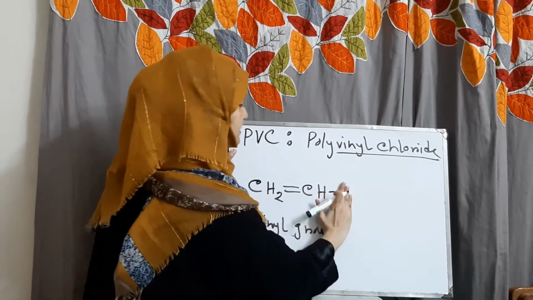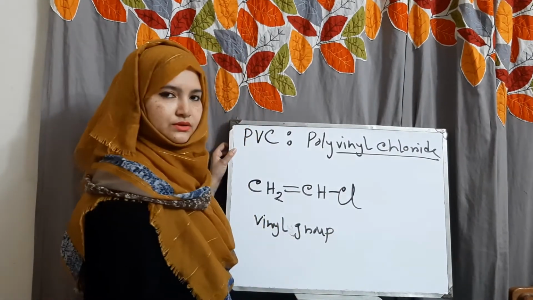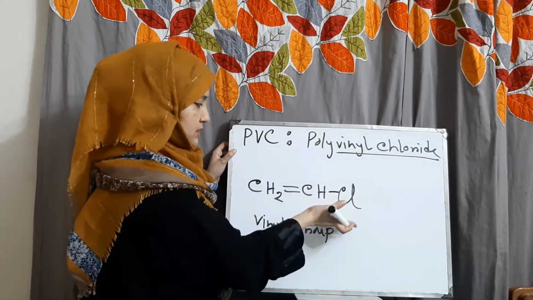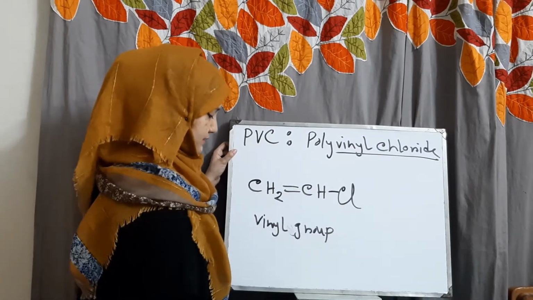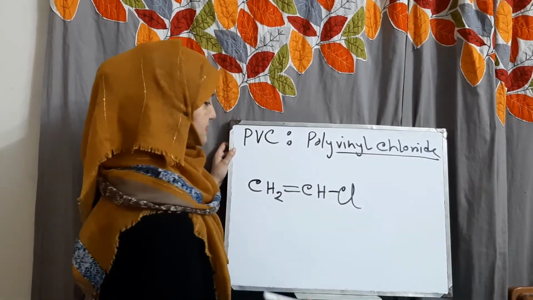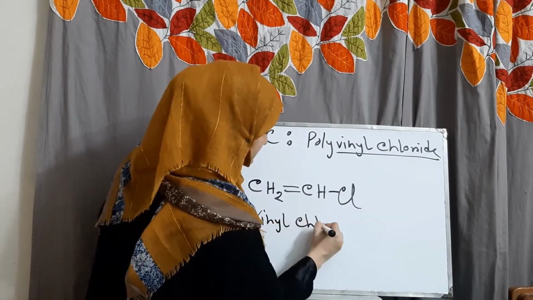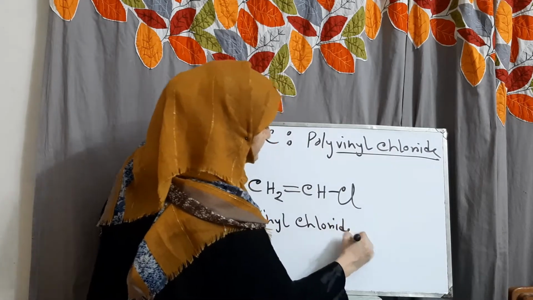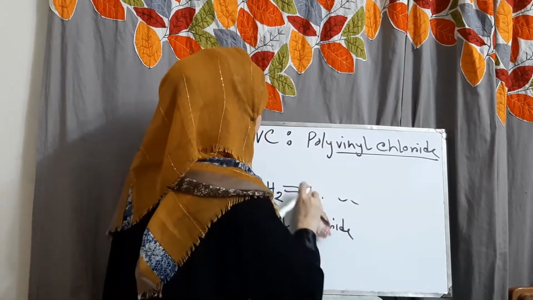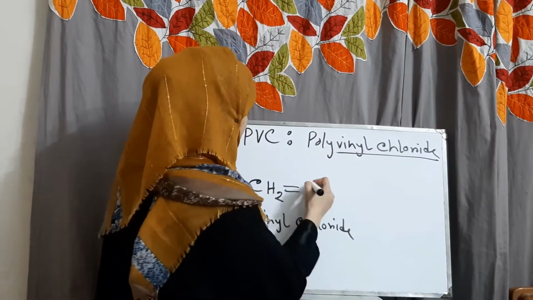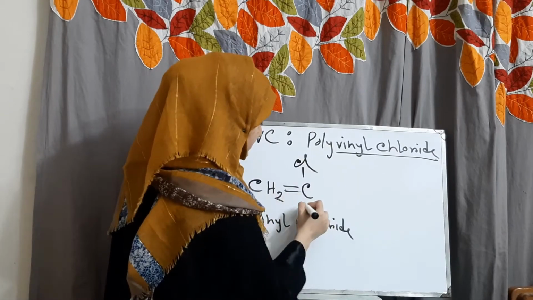And this vinyl group with a chloride ion produces a chlorine atom, producing vinyl chloride. This is the monomer vinyl chloride. This is the monomer for this reaction. Similarly, for our better understanding, we can write it like that: chloride and